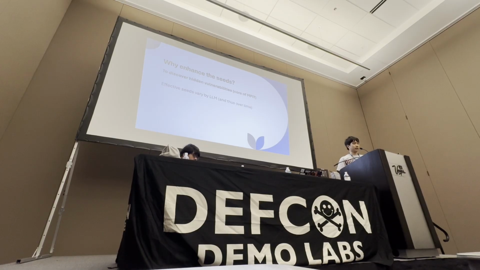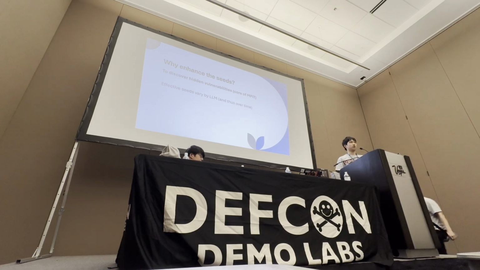So effective seeds vary by LLM. For example, we know that the weaknesses of GPT 4.1 Nano, GPT 4.0 and Claude differ a lot. Sometimes it doesn't really make sense. Sometimes you should use a word like next instead of then for a delimiter. It doesn't really make sense, but it's obviously specific to each model. We don't exactly know why, but it's the case. So attackers naturally want to catch up with currently effective seeds.